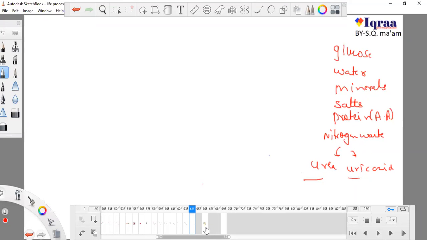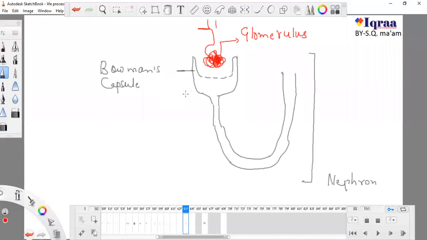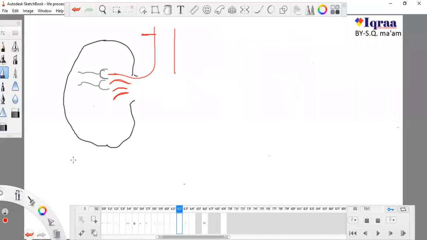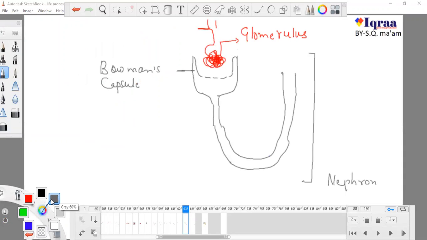Okay, so this is known as a nephron, and it is present in both our kidneys. This is how it is present, and this is how the glomerulus forms from arteries, and the nephron forms a cup-like structure known as Bowman's capsule. Now you can see there are pores, known as sieves, or you can just write pores. Pores are in Bowman's capsule. So as this blood is coming here with pressure,